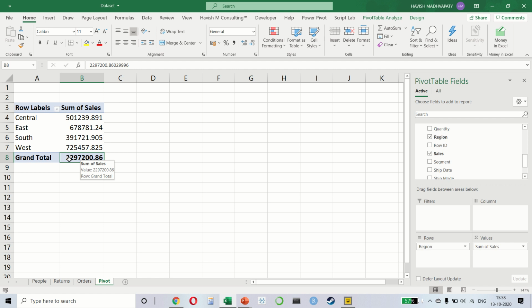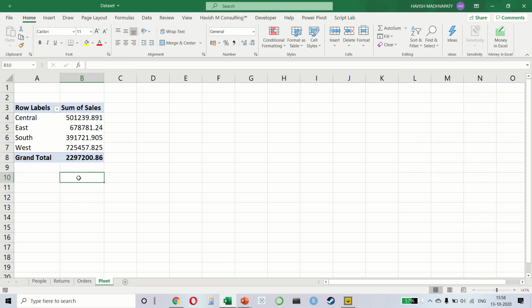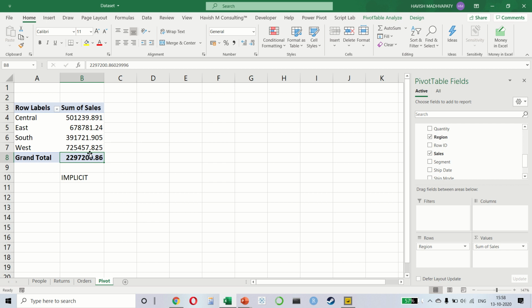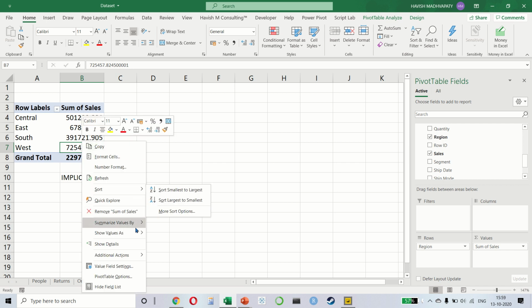Now this number, which is 2.29 million, is what we call an implicit measure. What that means is that this is a calculation that is being done by the pivot table only when we ask it to do so. For example, right now we are telling it to show me the sum of sales, so it is telling me 2.29 million. But if I right click and then, let's say, summarize the values as an average, you notice